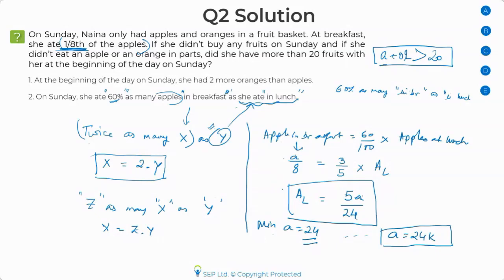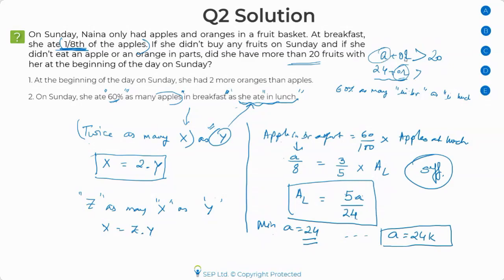Okay, yes, good. So all of you can see that I easily answer my question. I can say if a is 24, I don't really care what my oranges are. I know this is effectively greater than 20. So this statement turns out to be sufficient. A very important thing to keep in mind: whenever you have a question with greater than or less than, don't simply discard it by thinking that you don't have, say, the oranges or the exact value of a. The moment you fall for that kind of trap and look for an exact value, you'll always make a mistake.